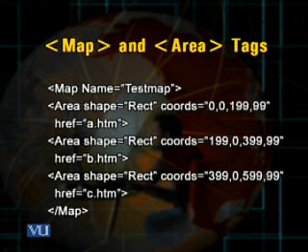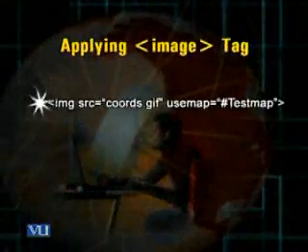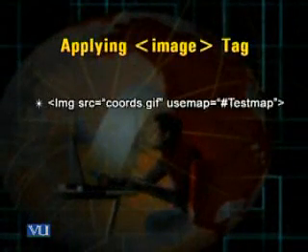This is then my step number 2, using the map tag, and within the map tag using the area tags. Step number 3 is quite simple. I just need to use a special version of the image tag. I use the image tag and the source attribute.